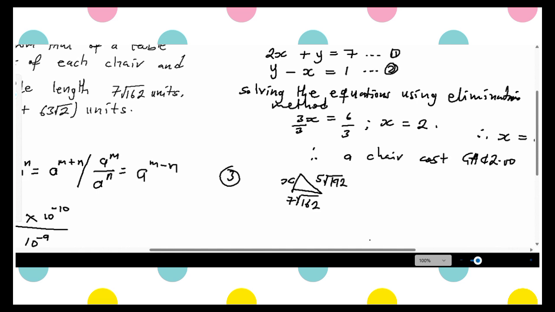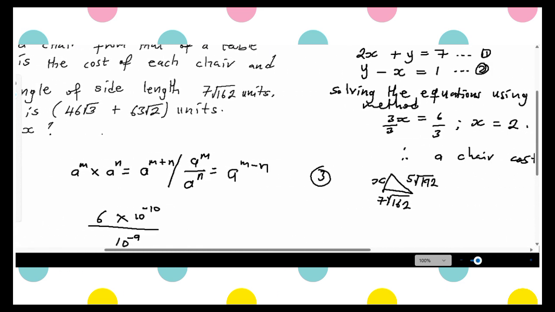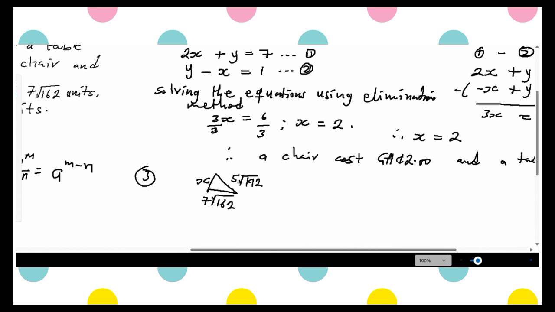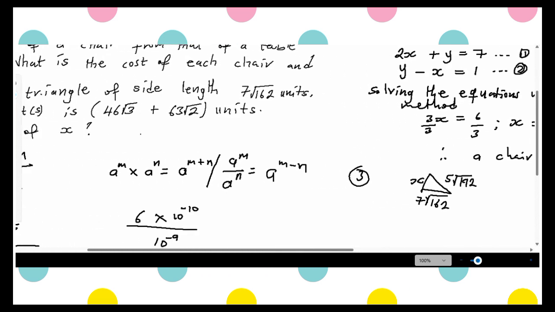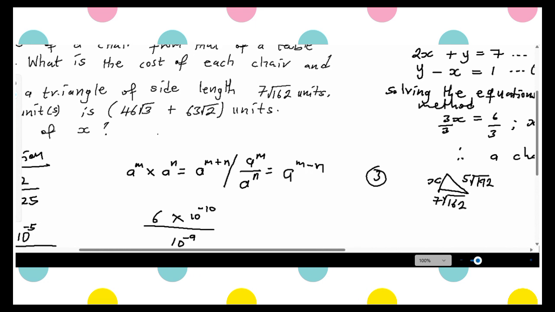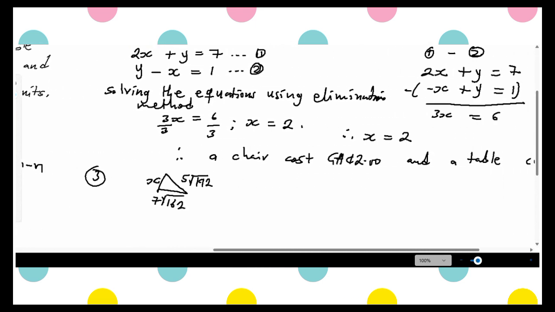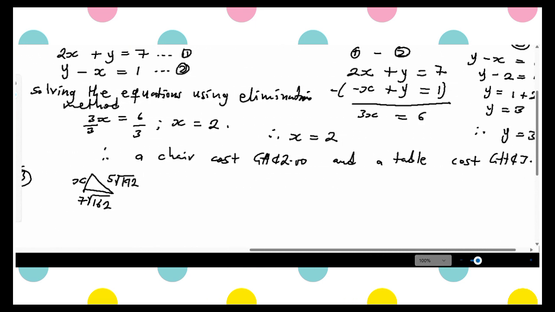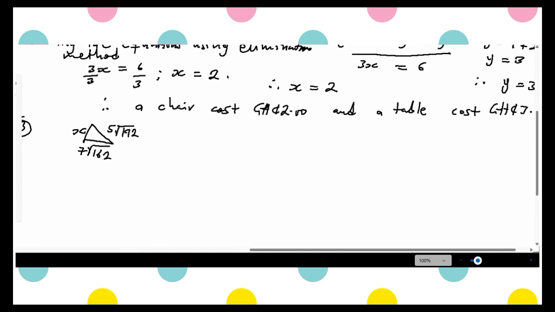The perimeter of an object means the summation of all the sides around the object. So to find the value of x according to the question, we have to sum all the sides, then we equate it to the perimeter given in the question, right? Which is 46 root 3 plus 63 root 2. Okay, so in doing so, we are going to have